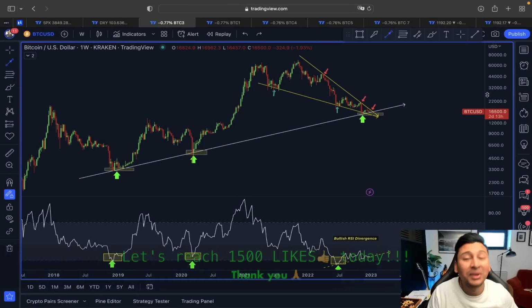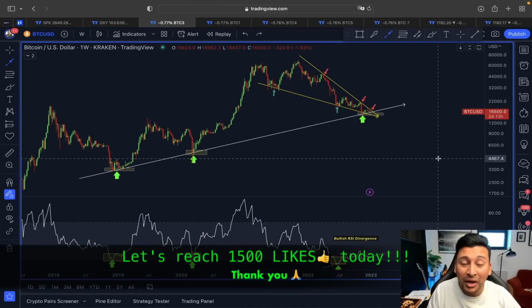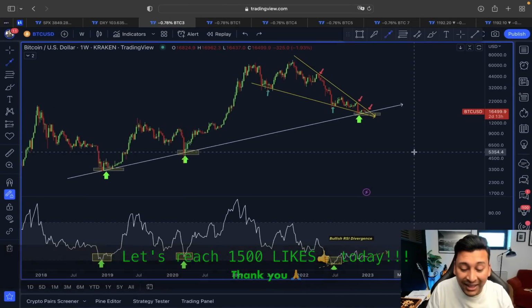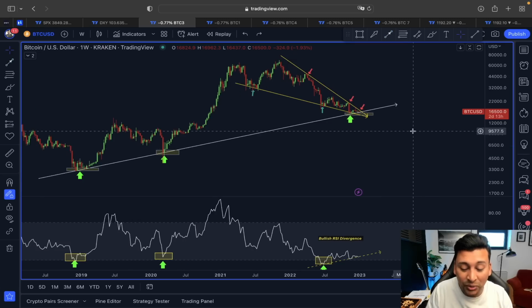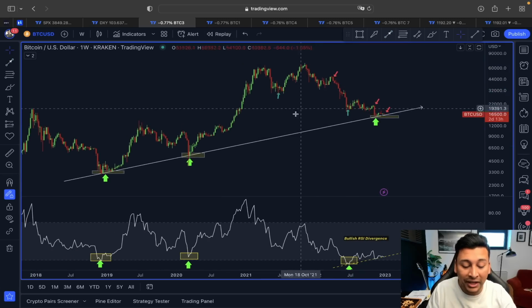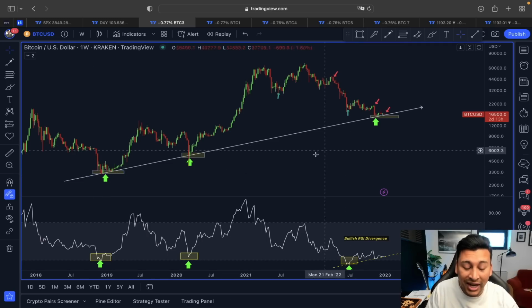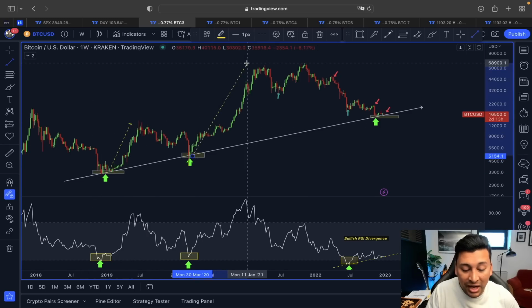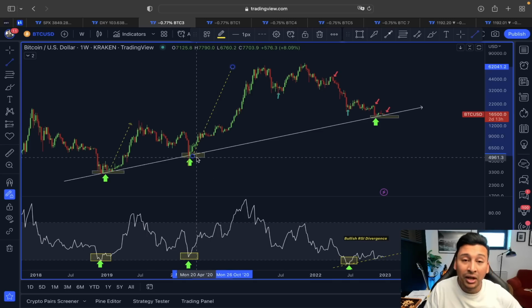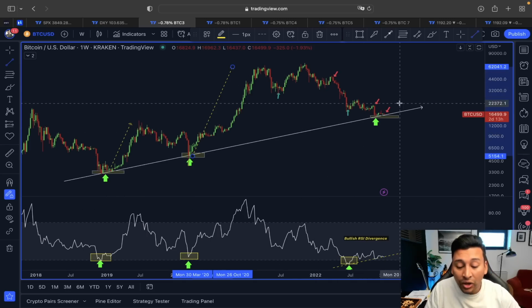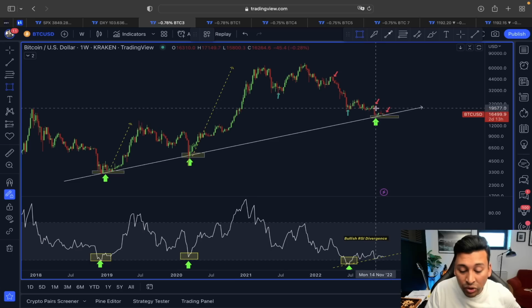Why? Because we know crypto market and traditional market are still very much correlated with one another, and if that is going to happen, then we are also expecting this relief rally here to continue for Bitcoin after finding support at this rising trend line. Yes, this rising trend line here in the past price action has always acted as a strong line of support. Each and every time price of Bitcoin tested around that area, after that we had a very nice rally here to the upside, and that could be exactly also unfolding here.